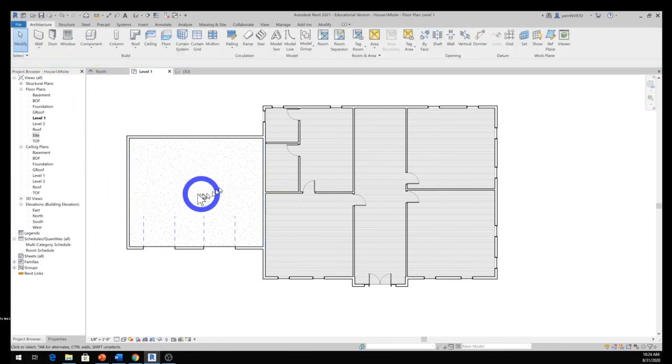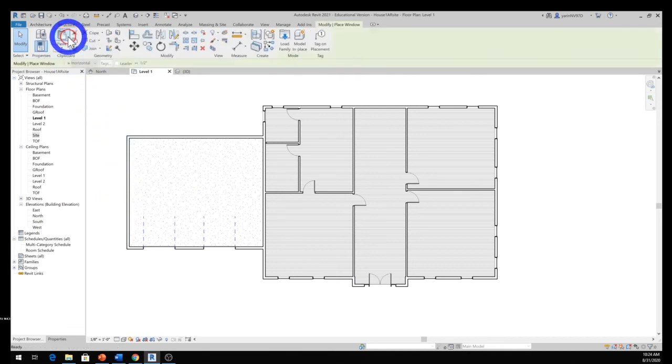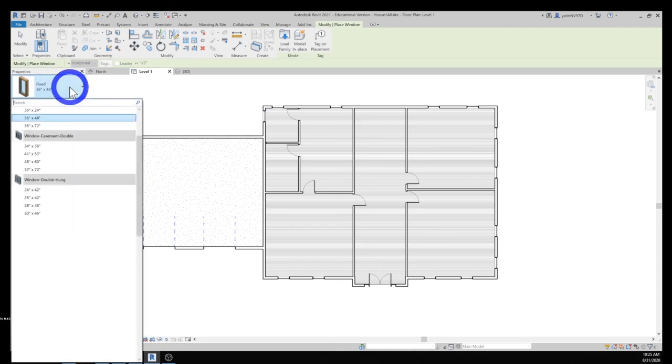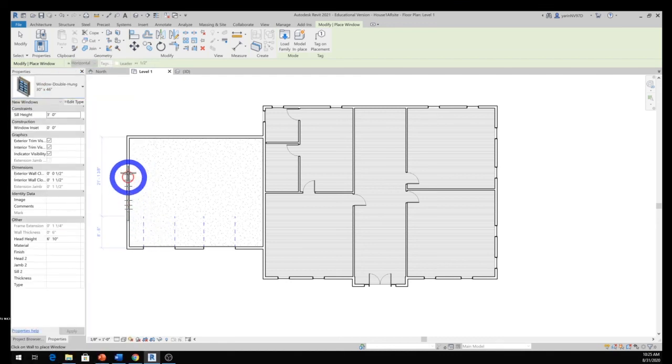I want to put a couple of windows by the garage here, so I'm going to click on window, and from the Properties palette I should have some already. If not, we can go to Load Family. These windows are good right here, so I put one here, one here, one here. Get some light into the garage. There we go. And let's go to the second floor, level 2, in the project browser,